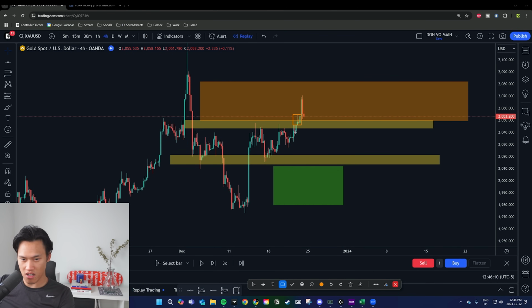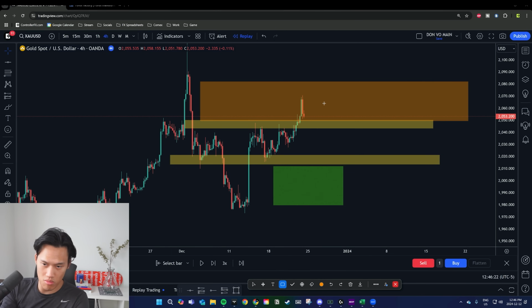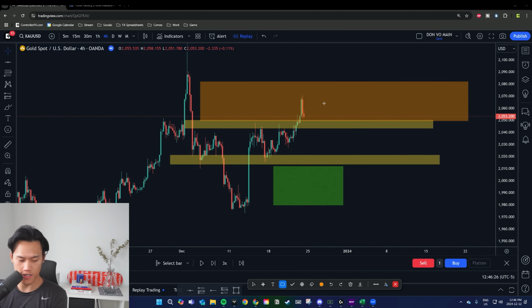And you can see the moment you started to break out, you started to print candles above this yellow box here. You had a pop effect, right? So you know for a fact, okay, let me get prepared to look for buys here, to take it up towards the next zone, because you have traffic going up towards that area, right? So